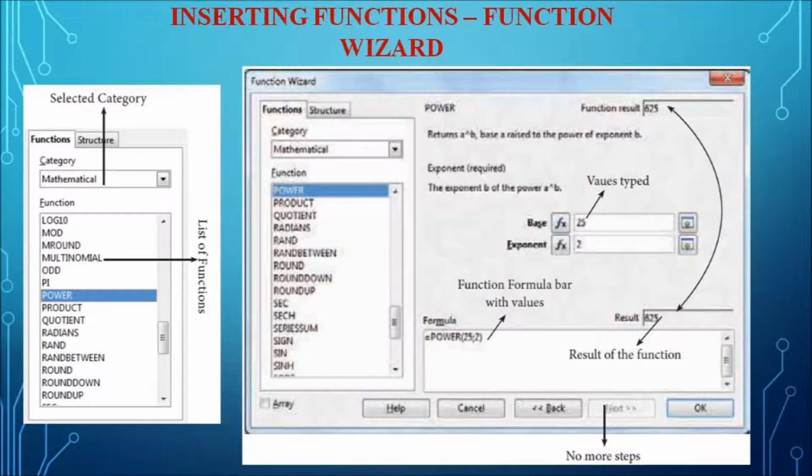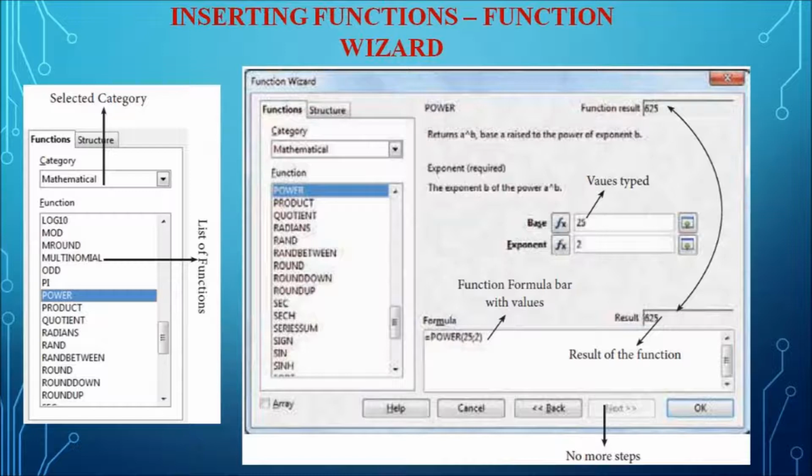And next one is with the help of the cell reference. How can the user insert a function using this function wizard? For example, we are going to select the POWER function. First the description will be displayed. The POWER function is used to calculate the power of an exponent value of a number. That is the usage of the POWER function.